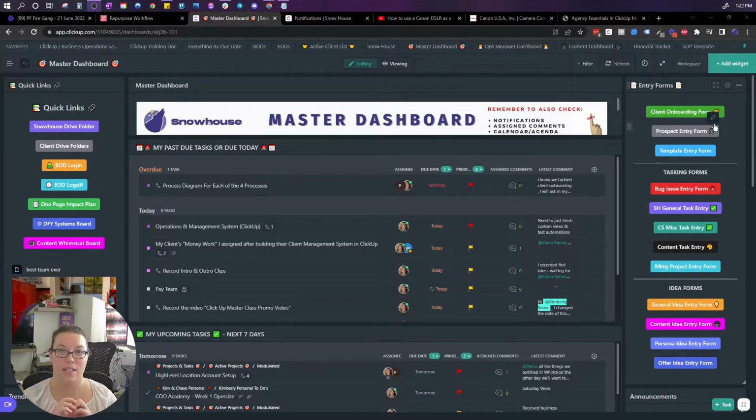If he sees somebody from our group engaging and wants to get them input into the CRM, that's how he gets them put into the CRM really quick. Template entry form. So actually, I'll tell you really quick now, all of these, and 2 of these over here, those are all actual ClickUp forms. So there's various lists that we have in ClickUp, and that's something really important to tell you guys about